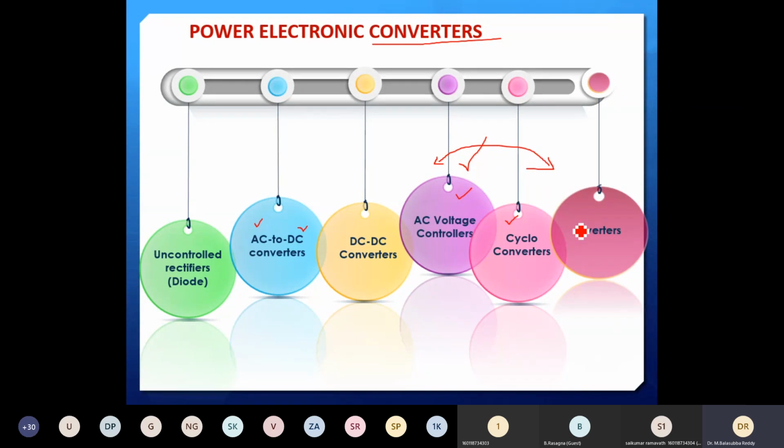Another one, the last controller, is an inverter. It will convert fixed DC to variable AC as well as variable frequency. That also comes into the picture in case of inverter. Depending upon our requirement, you may require variable AC as well as variable frequency. You are able to control variable AC and variable frequency. So these are the different types of controllers. We'll see controllers one by one.